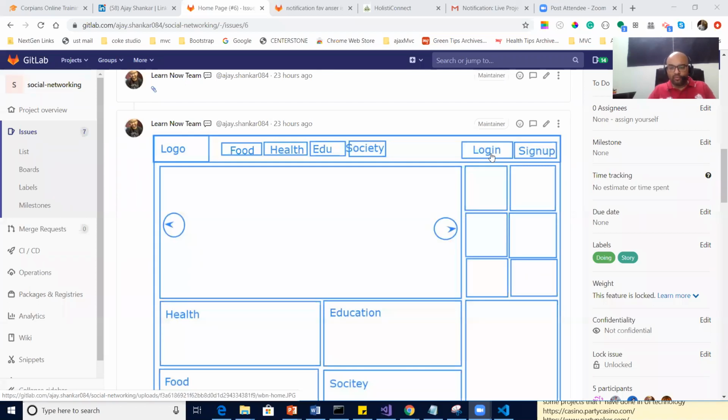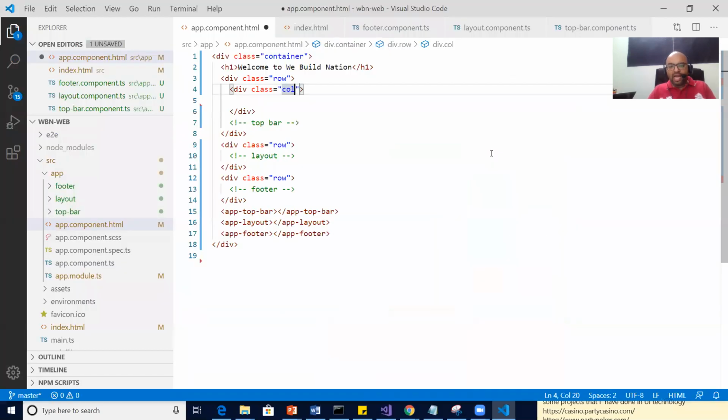But as of now, I'm not going to put it like this. I want the entire column. Here again, one more new information: the grid system. So what we are learning now is the grid system. We are making a grid. We made a container, the main container. Then we made the rows, correct? Now we are making the columns.